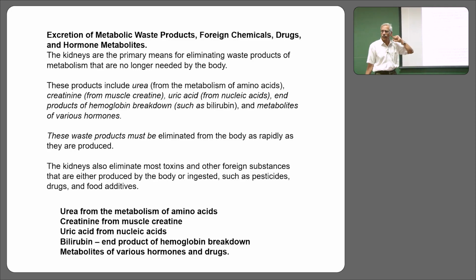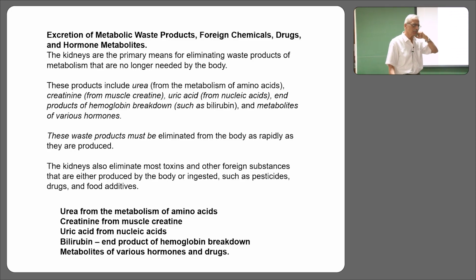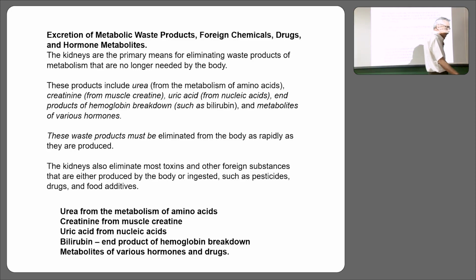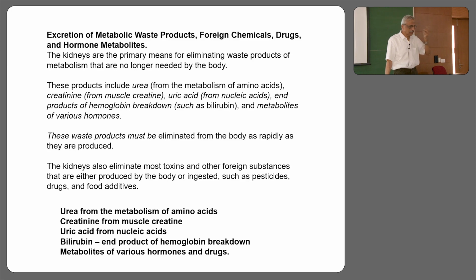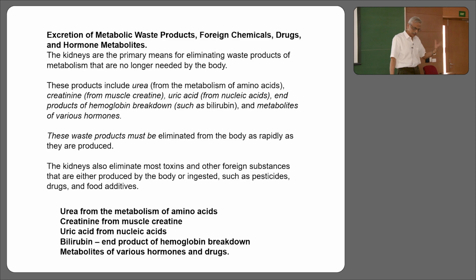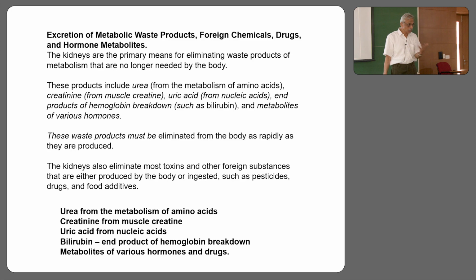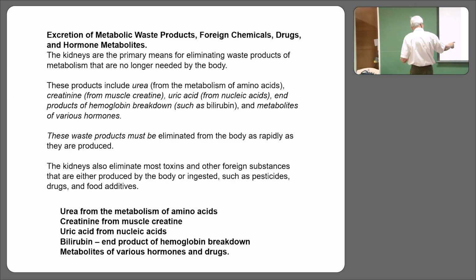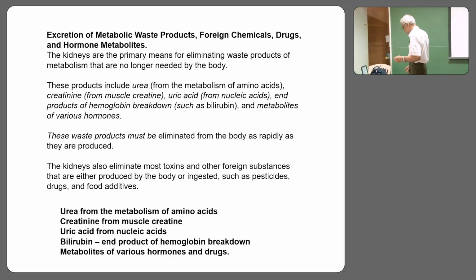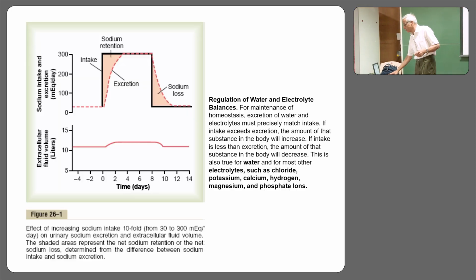Uric acid. Do we generate uric acid as an excretory product? We know that birds and reptiles do. Do we do it? Yes, we do, because when DNA, RNA, adenosine, all of which are purines, break down, their ultimate product of excretion is uric acid. So is urea an excretory product? Yes, largely. But uric acid is also there. We'll talk about it eventually. And then bilirubin, which is an end product of hemoglobin breakdown, and the breakdown of hormones and drugs that we take, they all need to be excreted.